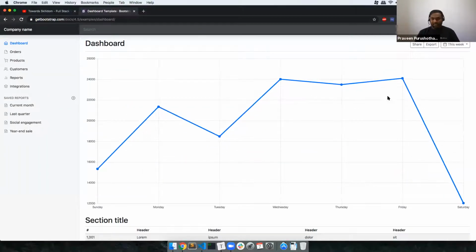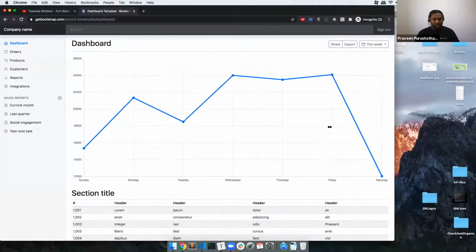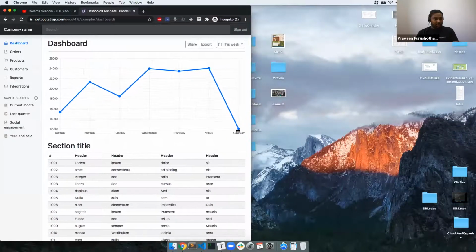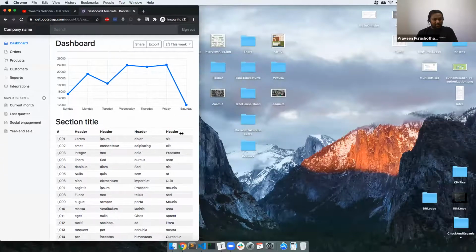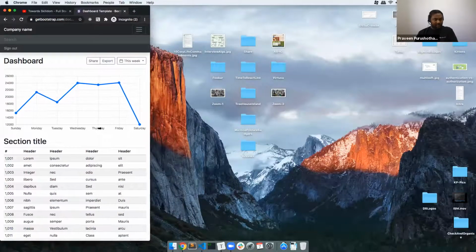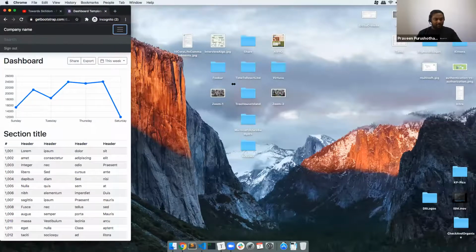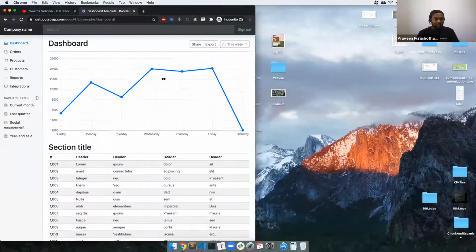So if we open this dashboard, you can see that this view is a full screen desktop view, right? If I try to reduce this view, it's going to do perfectly. Look at this, all these sizes, everything is getting perfectly aligned. If I click on these things, it shows all these things. The left sidebar goes away.